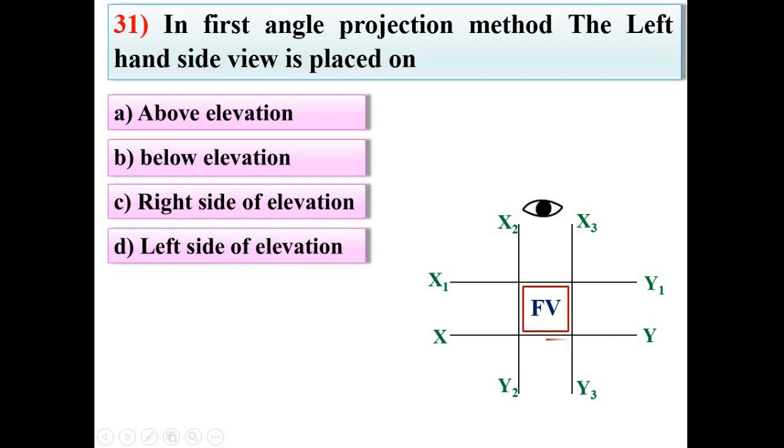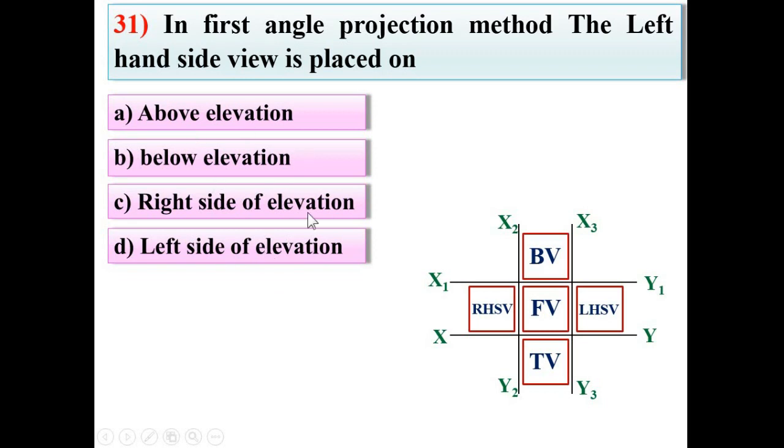That means over here. Now if I want to draw the bottom view, then observer must be at the bottom, and as we have discussed in case of first angle projection method, it is always opposite to that observer. That means bottom view is over here. If I want to draw the right hand side view, then observer must be at the right hand side and view must be opposite to that one. That means over here right hand side view. Now you can understand it must be the left hand side view.